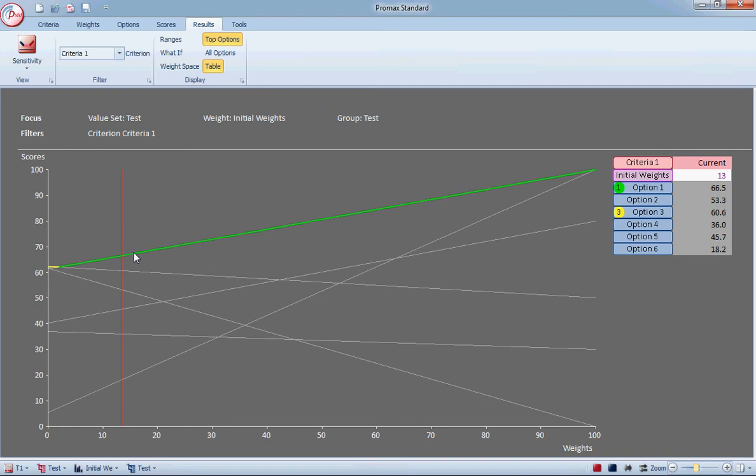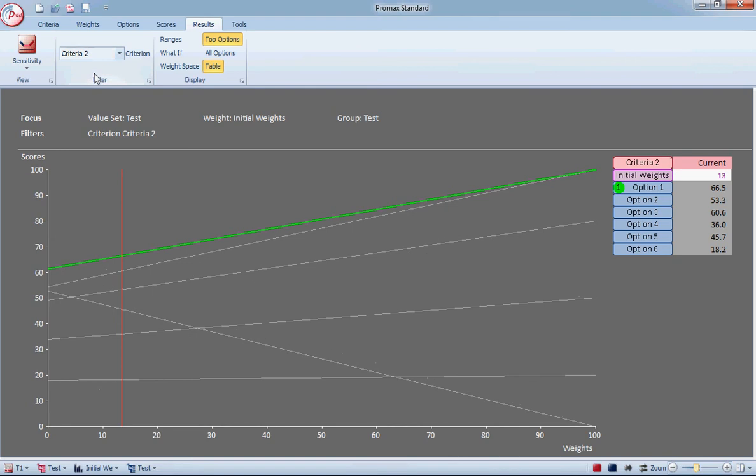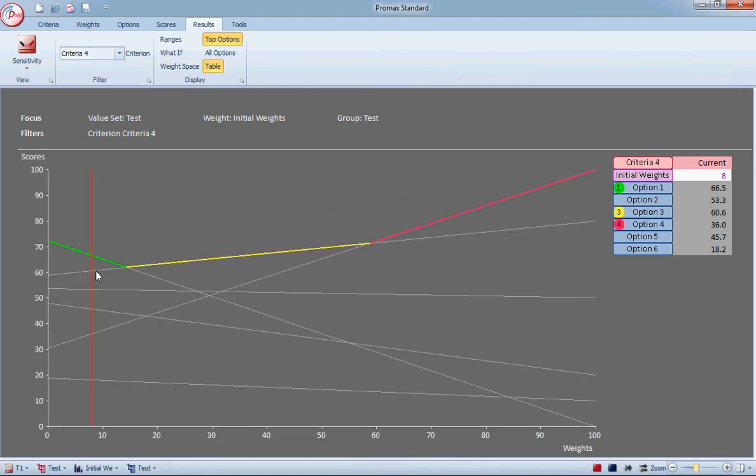Similarly on criterion 2. On 3, however, when the weight of criterion 4 gets to about 15%, then option 1 is less favoured and option 3 becomes more favoured until you reach 60%, whereupon option 4 is the most favoured. And that concludes a very, very simple look at